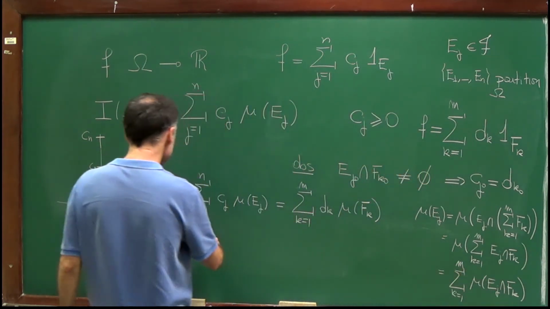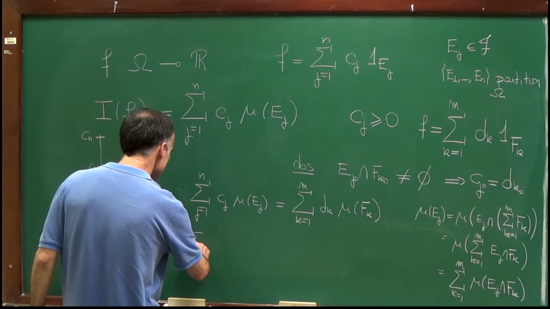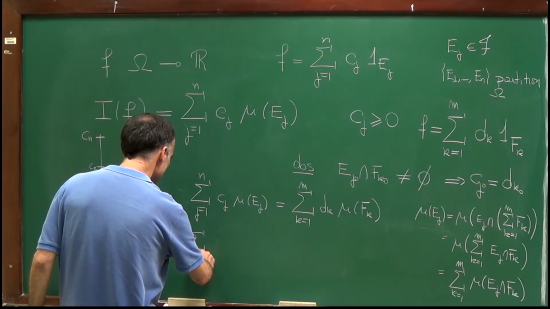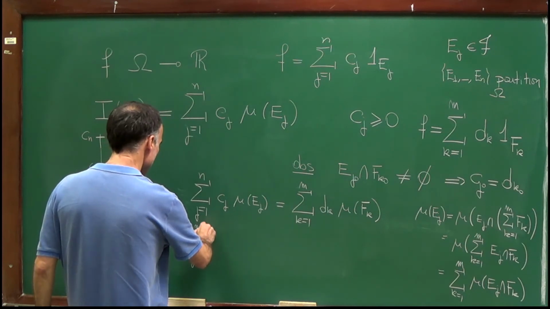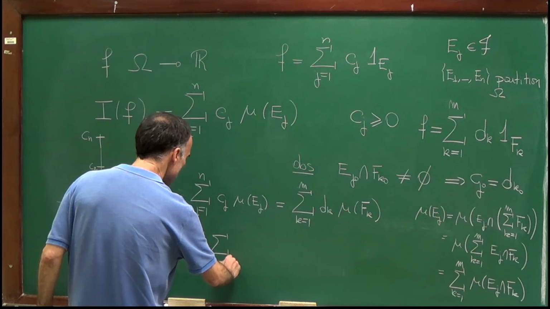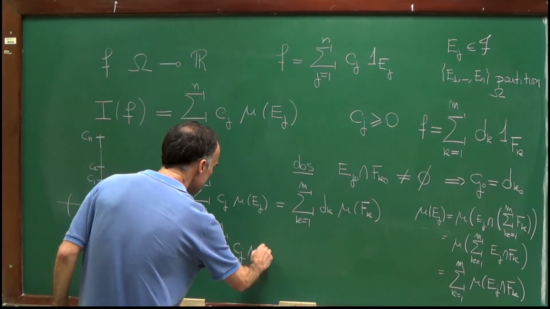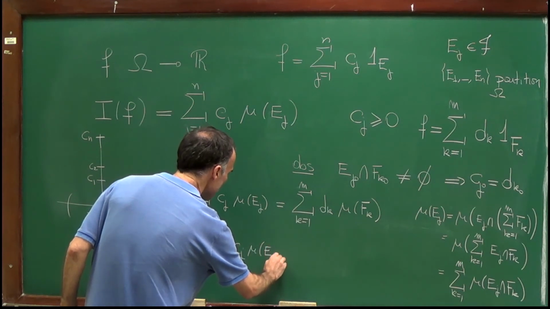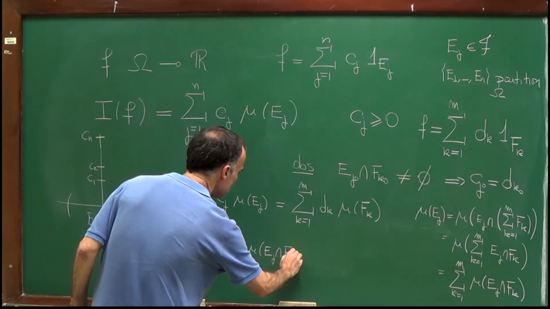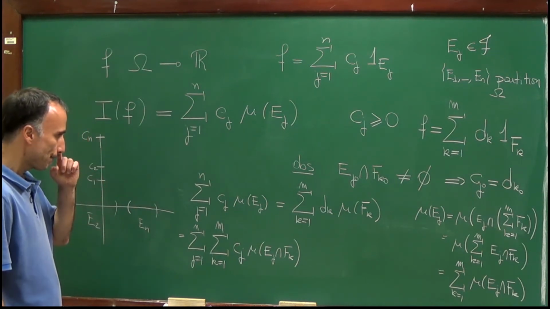So I will just rewrite this conclusion here. So this is a sum of k from 1 to m, Cj mu Ej intersection Fk. Right? Well, but now